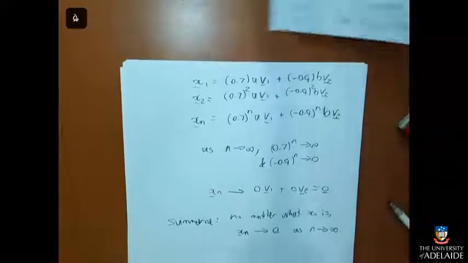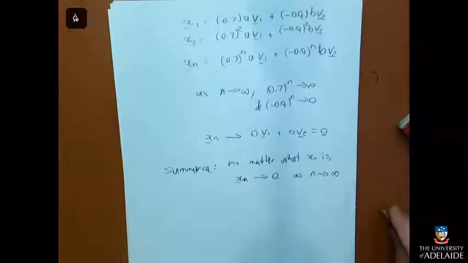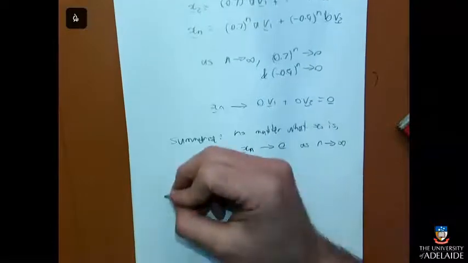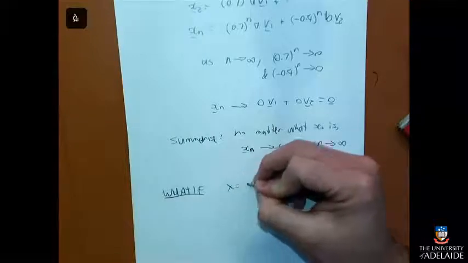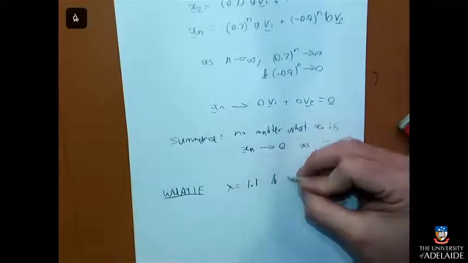Now, let's do some what-ifs. It's always good when you do these types of problems to not just finish it and go, cool, I could do that problem. Think, what would happen if it was different? What if my eigenvalues had come out to this?